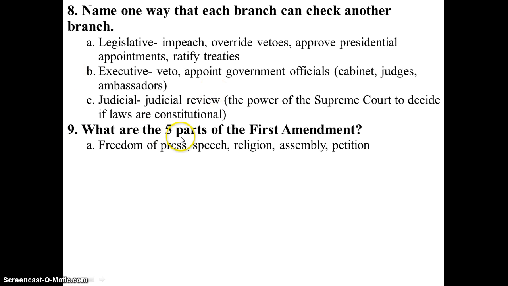So there's freedom of press, so news and whatnot. Speech, so you could say what you want. Particularly, they're talking about saying things against the government. Your speech is not completely free, as we know. We've talked about that with a bunch of Supreme Court cases. Religion. Again, it's not like freedom of religion that I can become a